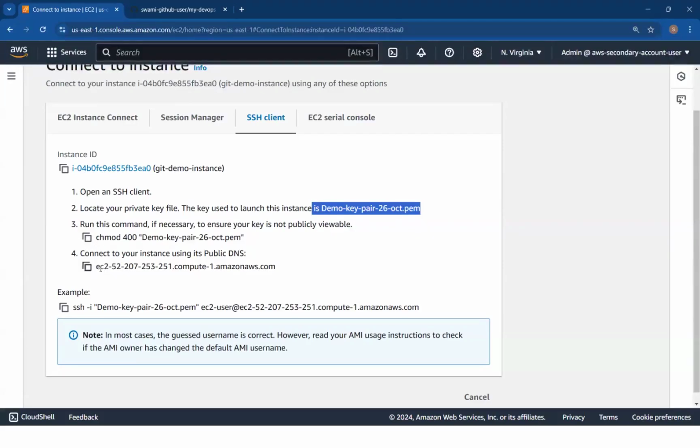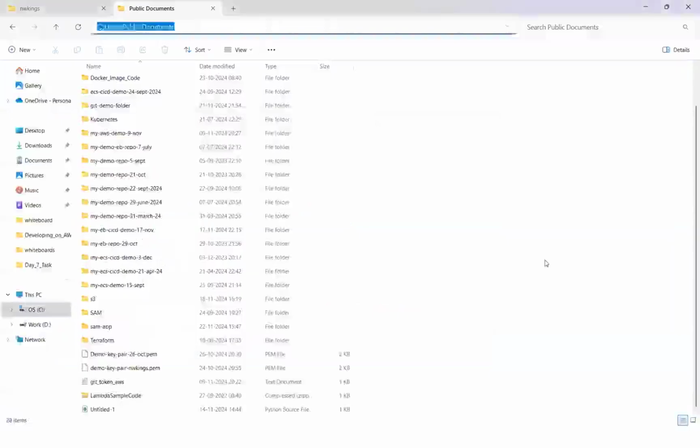Okay, but yeah, I'll go ahead and copy this particular command, ssh -i demo key pair 26 October PEM, and then the address to connect to this instance. So I'll just use this exact same thing. Let's just see if it does work.